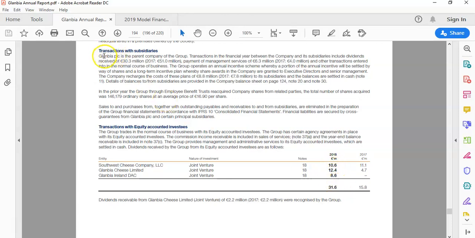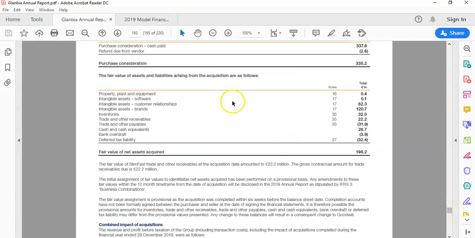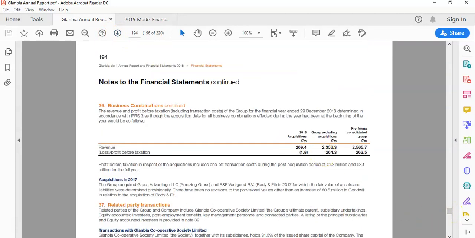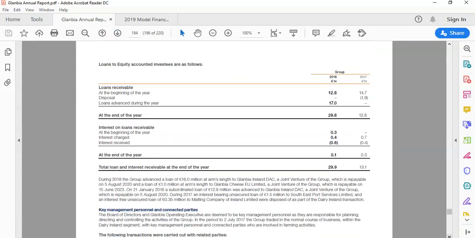Likewise, they have transactions with subsidiaries during the year, which they have to disclose. So it's important to understand that's a key requirement that must be disclosed. I'll go back there. And what you'll also see down the bottom, in the next page, loans to equity accounted investees. How much loans are you giving to joint ventures during the year, and what interest did you earn on those loans? And another key disclosure,